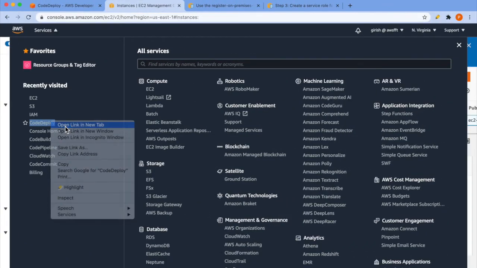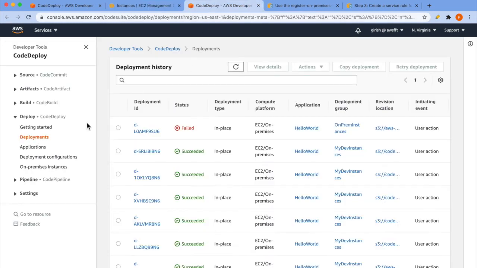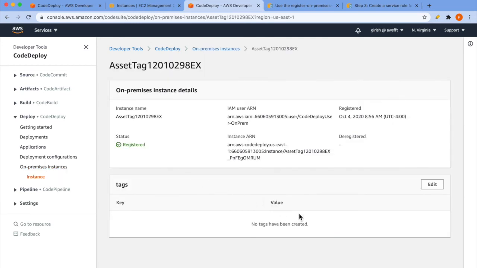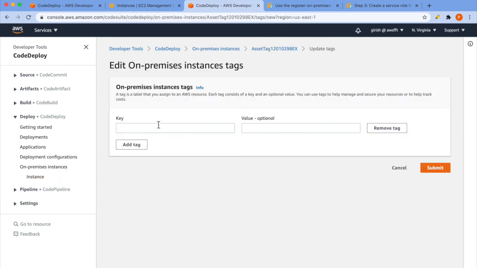Now let's go to on-prem instances and add tag. So this is our on-prem instance. Go there and add tag name on-prem. So this is same tag we have added in our deployment group as well. So just submit.